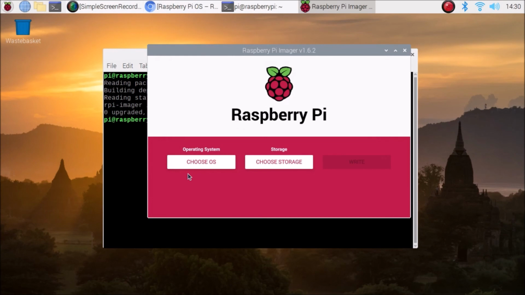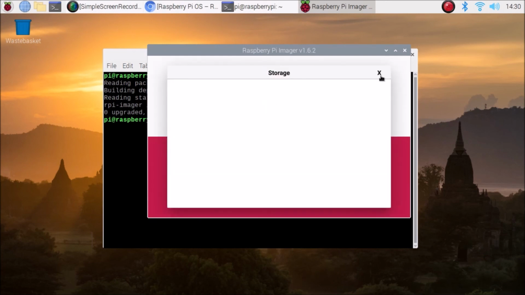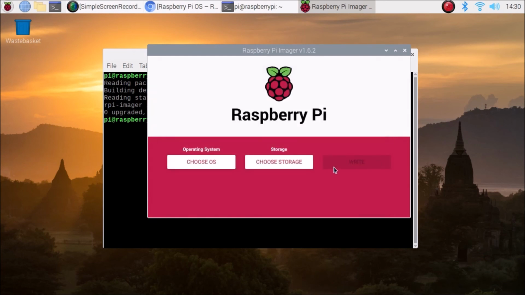Now we have our Wi-Fi configuration ready with the help of Raspberry Pi Imager. Then simply click on Choose Storage, flash the image, and insert the card inside your Raspberry Pi 4, and then you will see that your Wi-Fi connection is set up and you can use it. So this is another way you can configure the Raspberry Pi for Wi-Fi with the help of Raspberry Pi Imager.